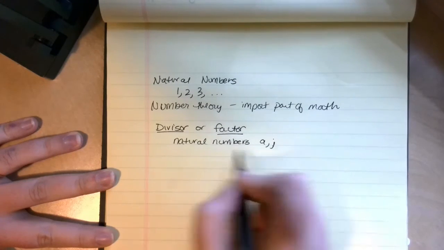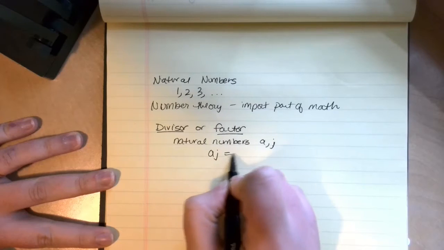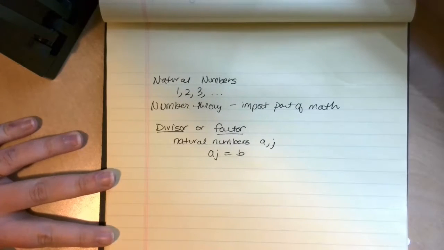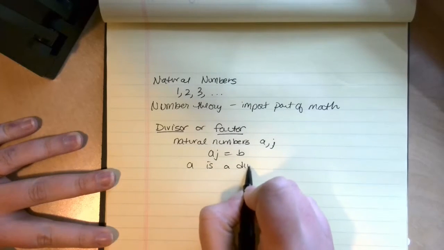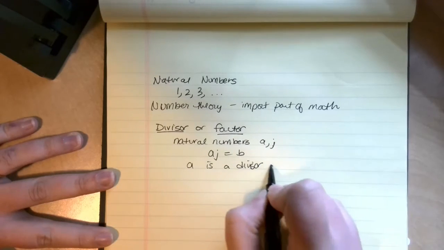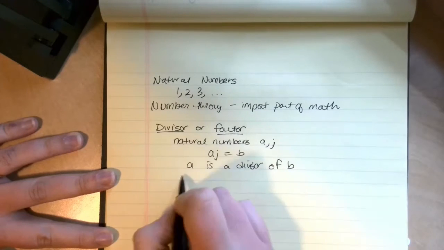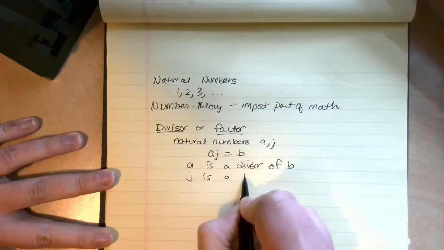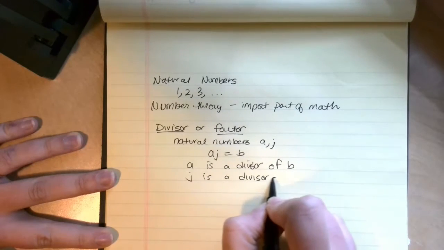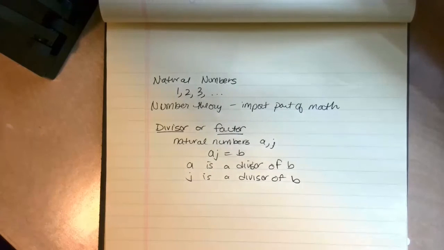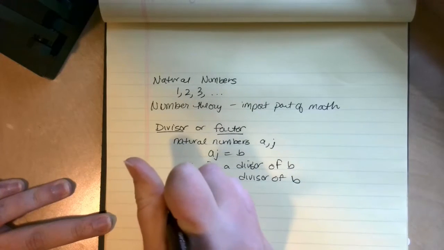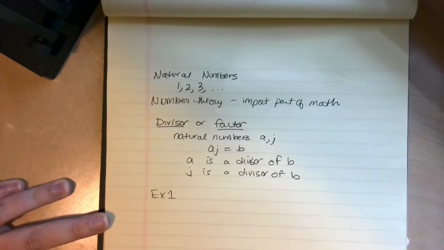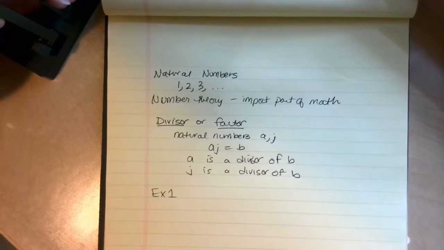A and j, and we set it up so that when we multiply them together, we get another natural number b. So that means that a is a divisor of b, or j is a divisor of b. Both of these would be divisors. As an example, if you look at example 1, the number used here